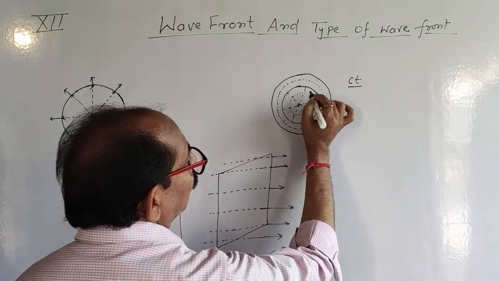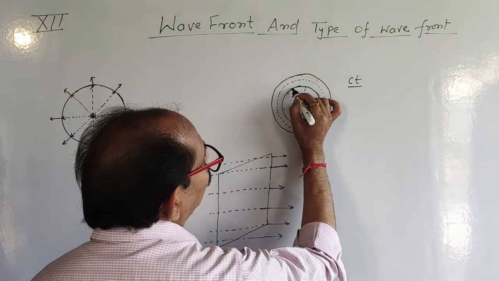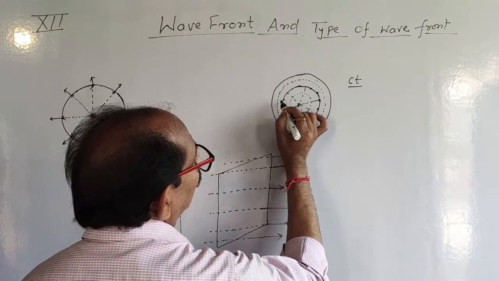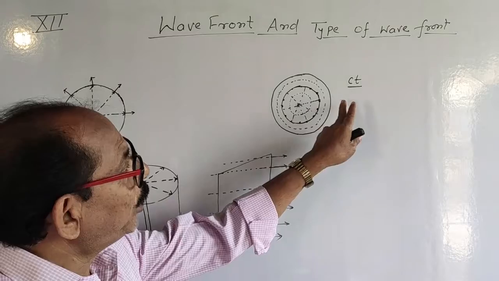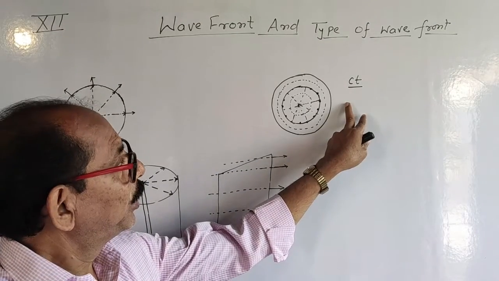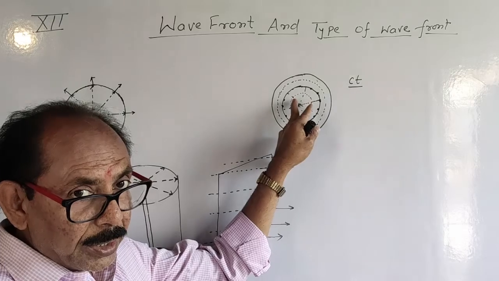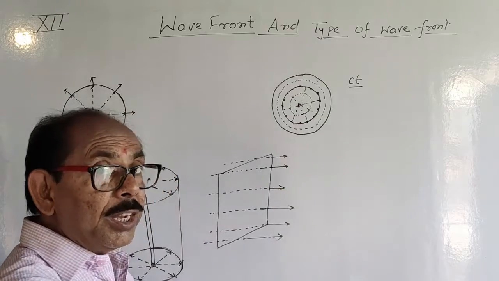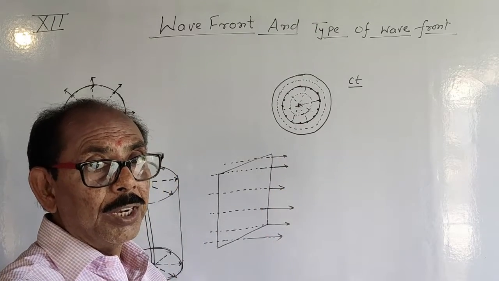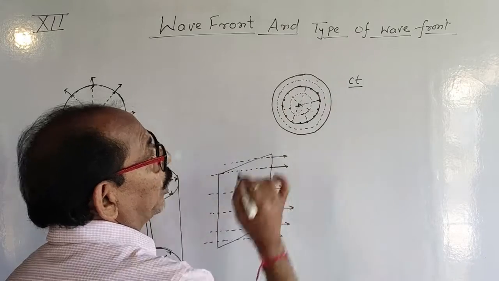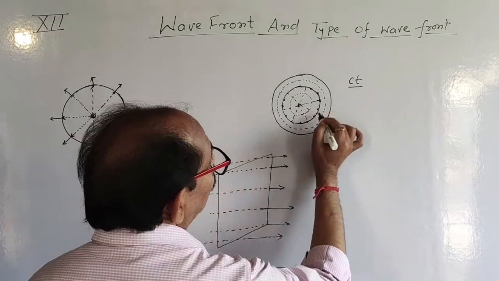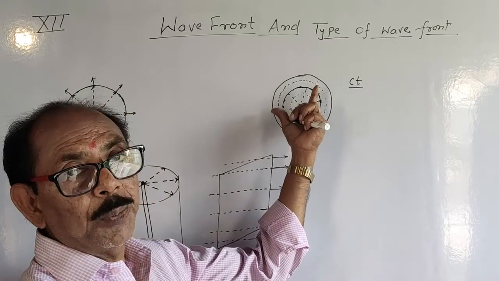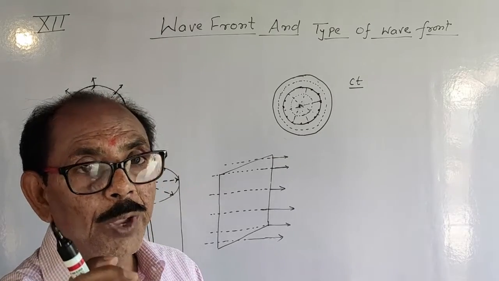Now this becomes a sphere. All the points which are on the surface receive the energy identically and at the same time. So they are oscillating in the same phase; they start to vibrate in the same phase. Such a portion of the sphere is called a wavefront.